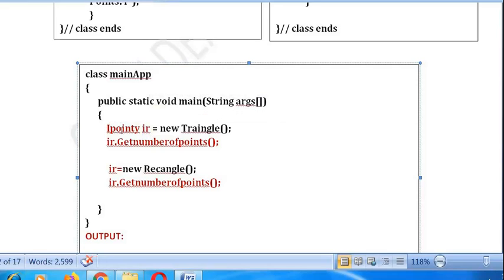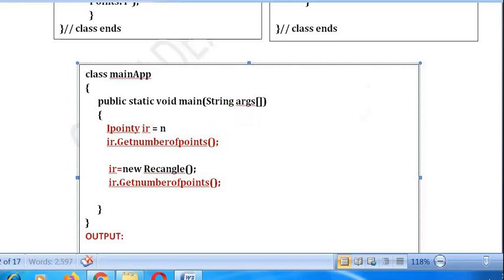As you know already, for interfaces, we cannot create an object of type interface. Creating an object means using the new keyword. For example, we cannot write new IY here. You cannot write this one, because for interfaces we cannot create objects. We can create only an interface reference. So this is totally wrong.